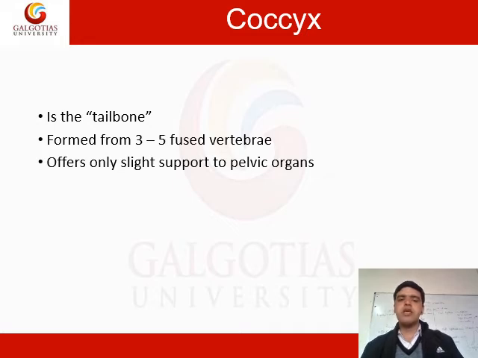Basically the name tailbone is given based on the tail present in animals. In humans the tail is absent, so the coccyx is present as a tiny bone in us. In other animals that use their tails, the bones are elongated and form the tail of the particular animal.